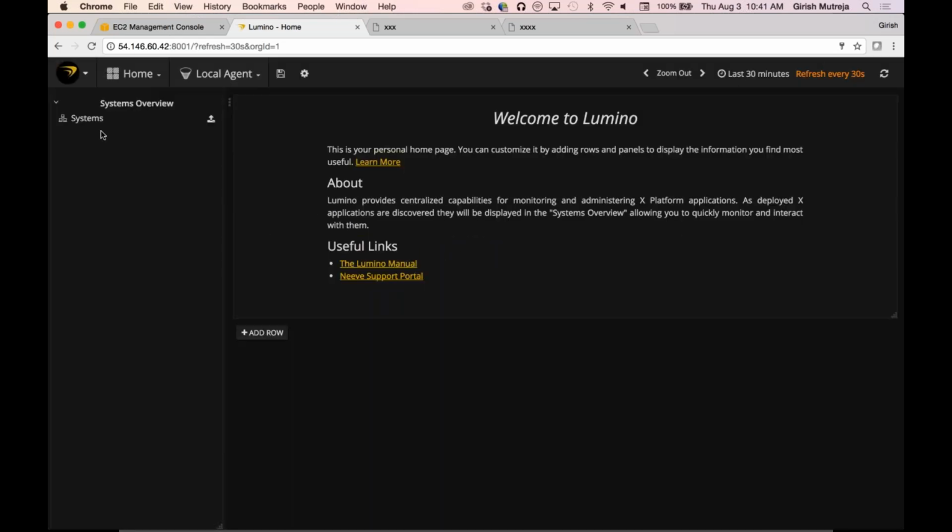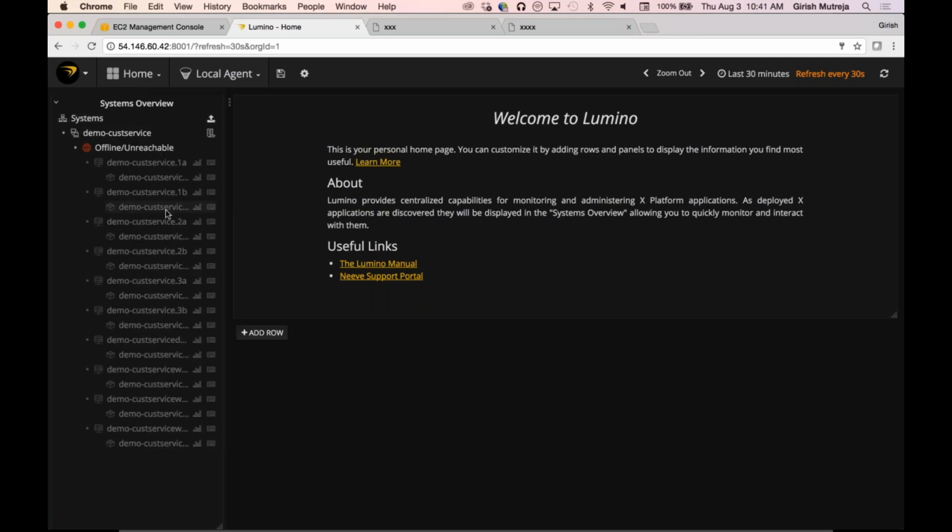Okay, so once launched, it will automatically appear under the Systems tab. And once it arrives in the Systems tab, you'll see that there are a bunch of agents that are part of this overall service. It is the core service, the web service, and the drivers that are produced as part of this template. So you'll see, for example, this customer service, and each agent